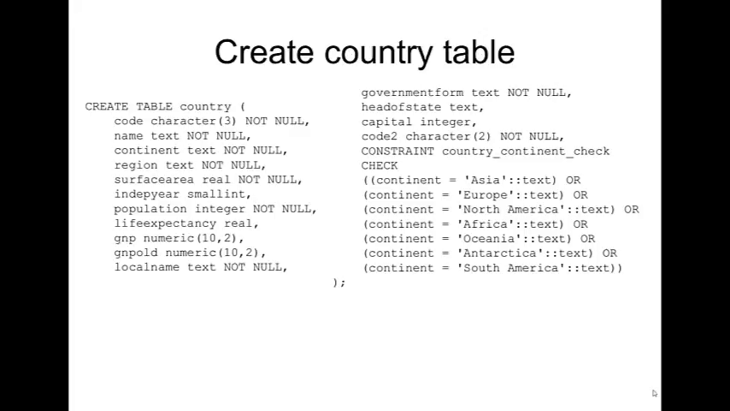The constraint, so we're setting a constraint on the database. The constraint is called country continent check. So that's the name that's associated with that constraint. And then we've got a check here, and what we're going to check is that the continent is equal to Asia. These double colons text, what that is, the double colon and then the name of a data type afterwards, is